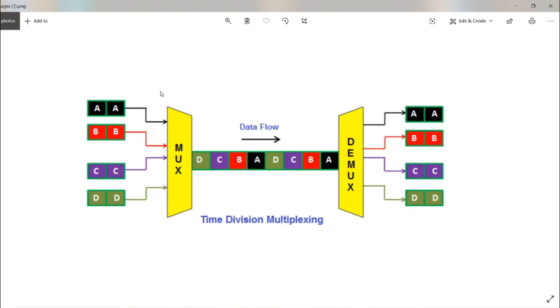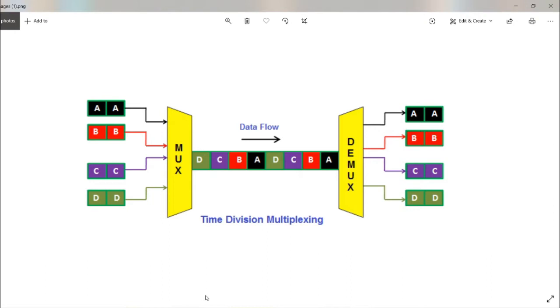It has various applications in sound mixing, in digital and analog telephony, pulse code modulation, and GSM, that is your 3G, 4G mobile systems. TDM has been used constantly. Along with that, nowadays FDM and TDM combined, or hybrid multiplexing techniques, are used. Okay, now let us understand this TDM by simulation.